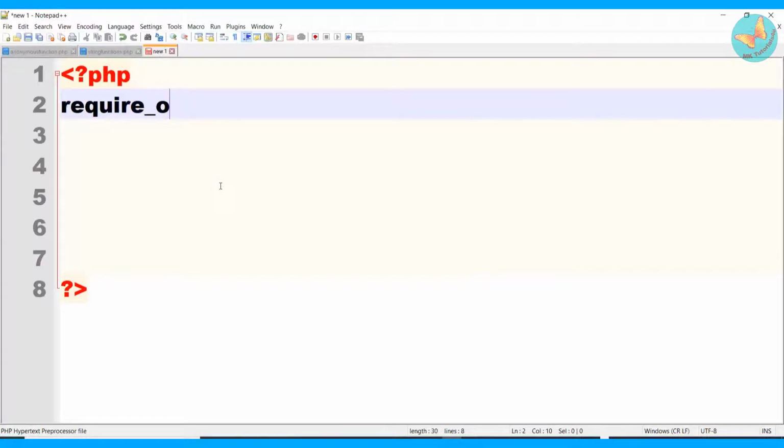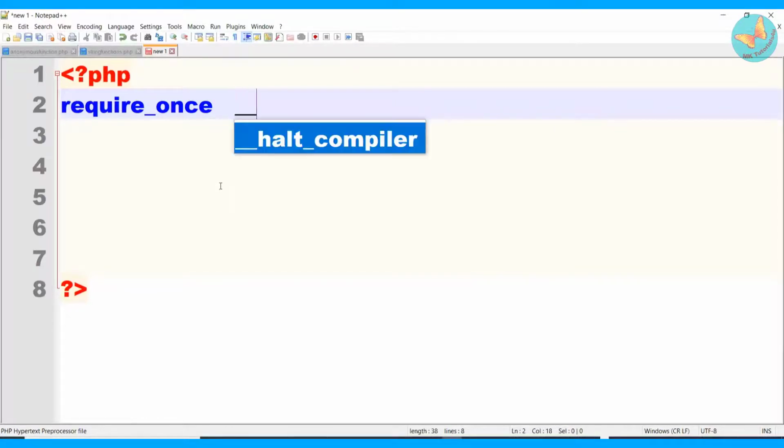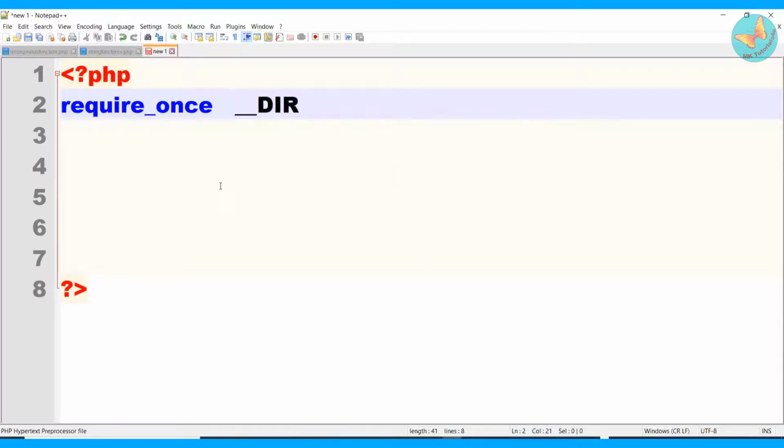Now note here, for calling this particular mpdf library, I need to give the path of that library to this file, right? So for that, I'm going to put here __DIR__. Now you may be wondering what actually this will generate. This will generate the path of the directory in which the mpdf library is there, right?